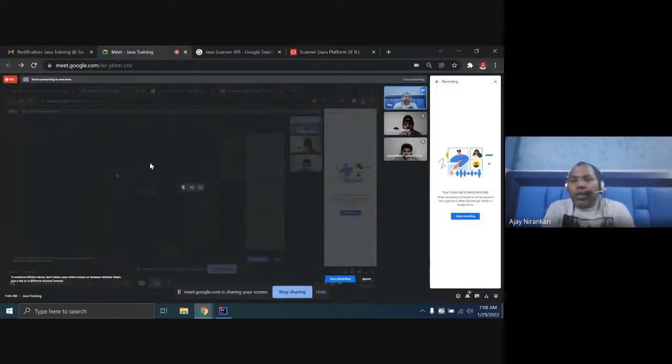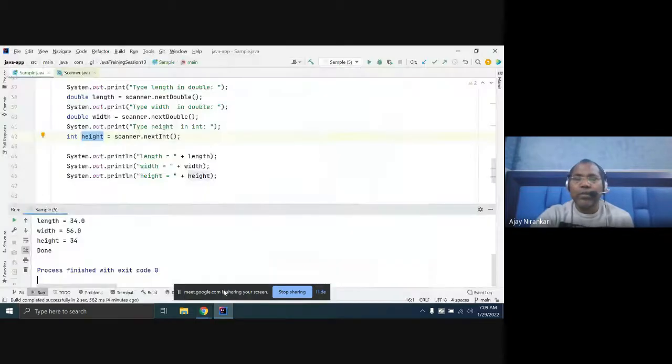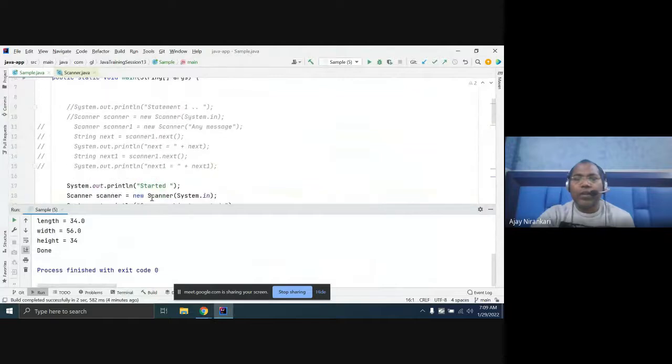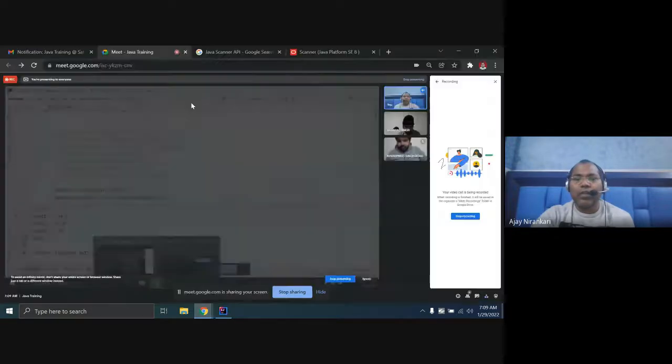Any other topic for today, I just explained. You can also try getting the scanner from a file, as Balwan mentioned, the next topic, right? Try it, and if you cannot find it, look in the Java doc.